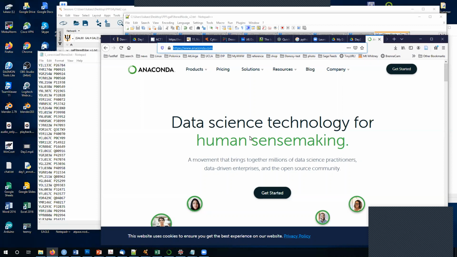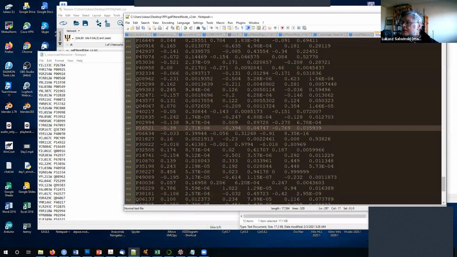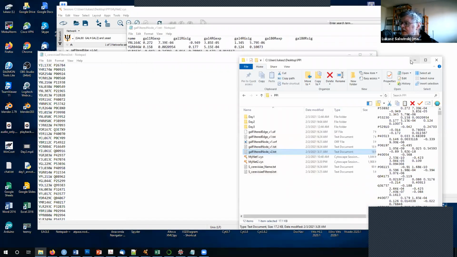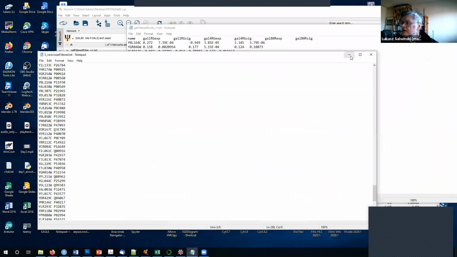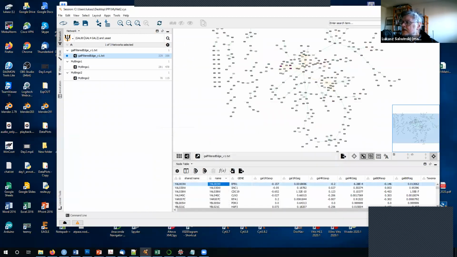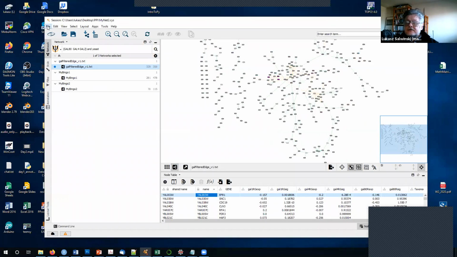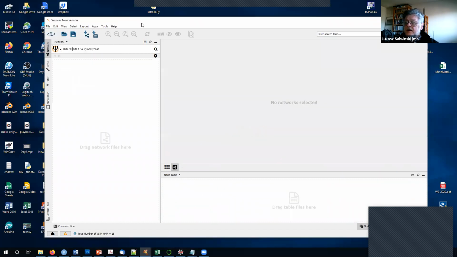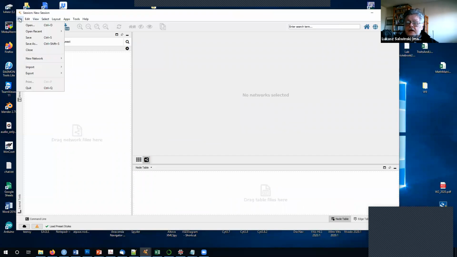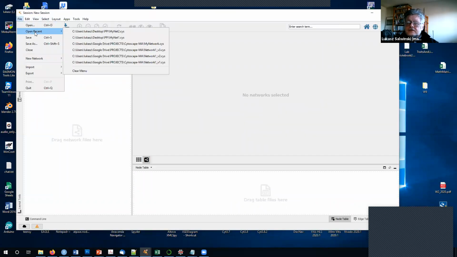Then I've got to, where's my, here, we're fine here, so I'm getting back. Okay, so let me bring Cytoscape back. I'll close all the goodies I've got here. So let's close. Okay, and let's open